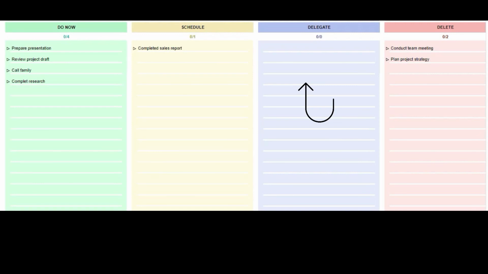Quadrant 3 of Eisenhower's priority matrix consists of tasks that appear urgent but are not truly important in the grand scheme. These tasks often arise from distractions, interruptions, or other people's priorities. It's crucial to recognize and minimize Quadrant 3 activities to prevent them from overshadowing more critical tasks and goals. By doing so, you can prioritize your time and energy on tasks that align with your long-term objectives and bring